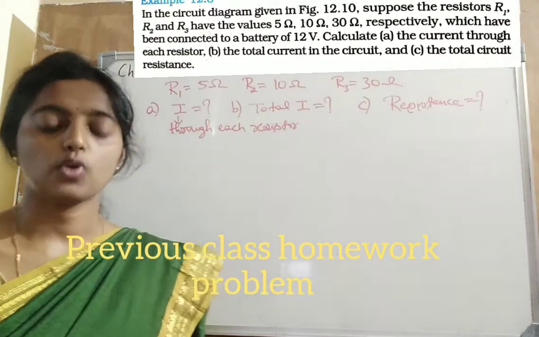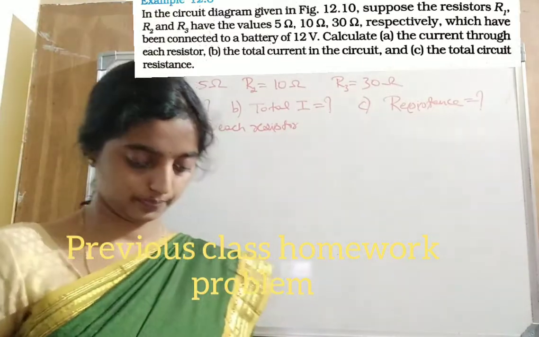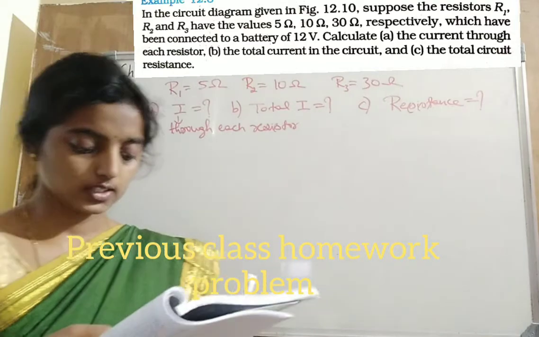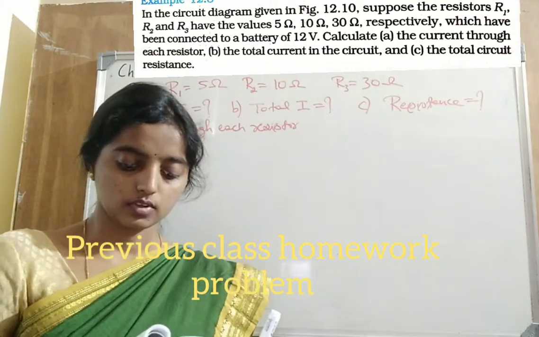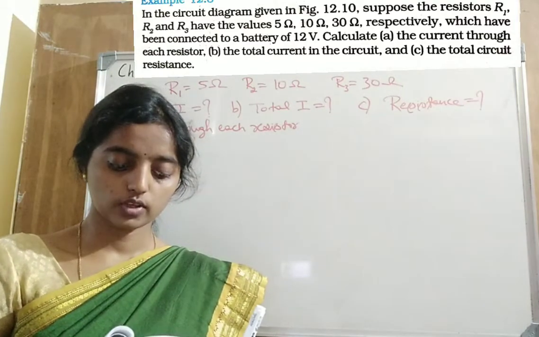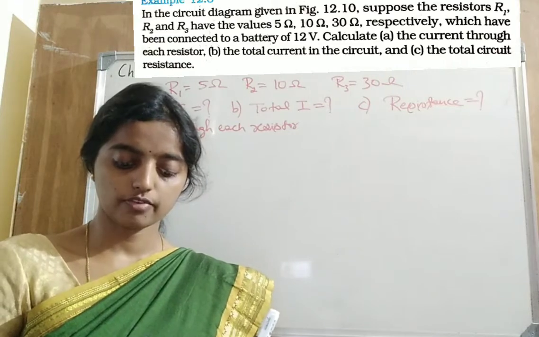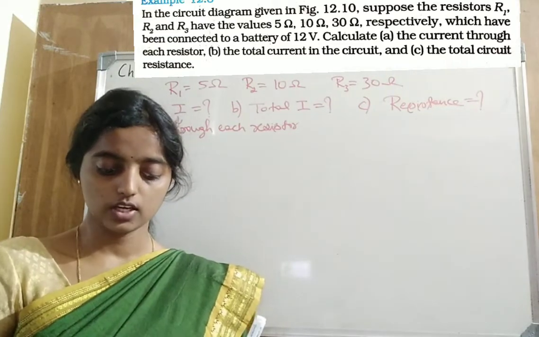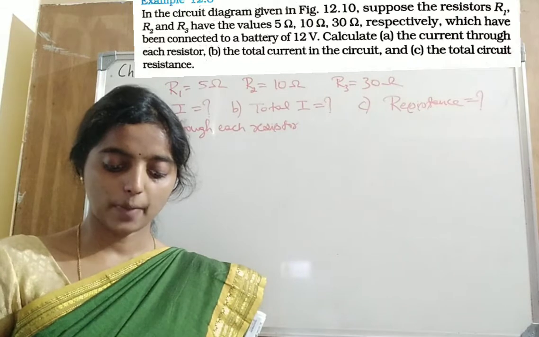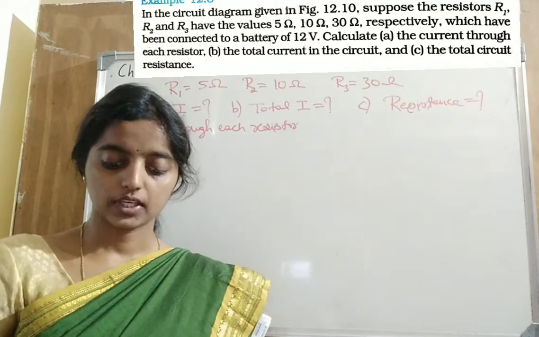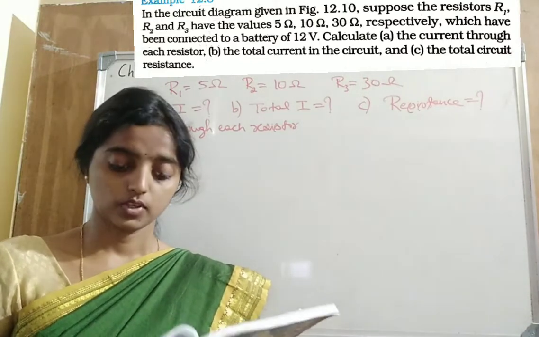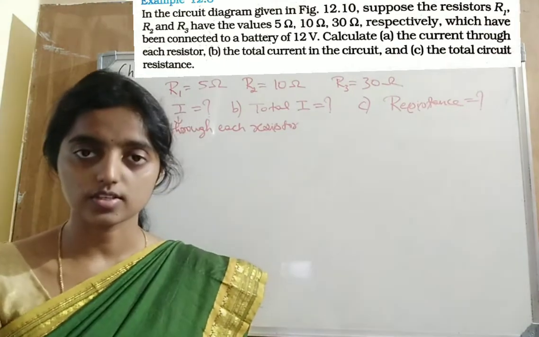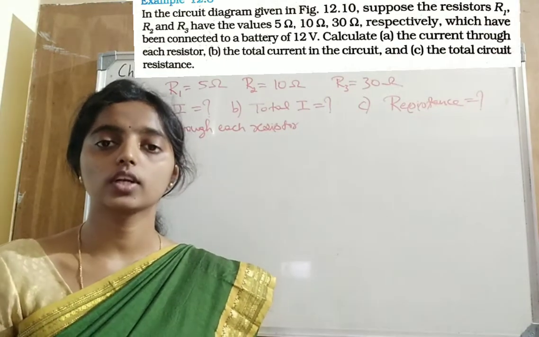This is an example problem and your homework question. In the circuit diagram, suppose the resistors R1, R2, R3 have the values 5, 10, 30 ohm respectively, and have been connected to a battery of 12 volt. Calculate: the first one is the current through each resistor, and the second one is the total current, and the third